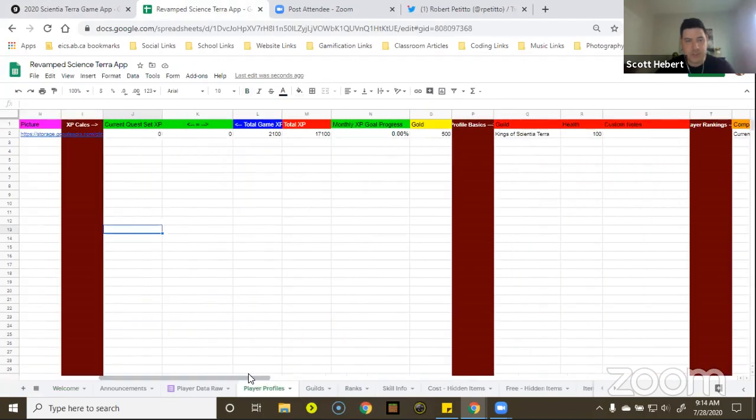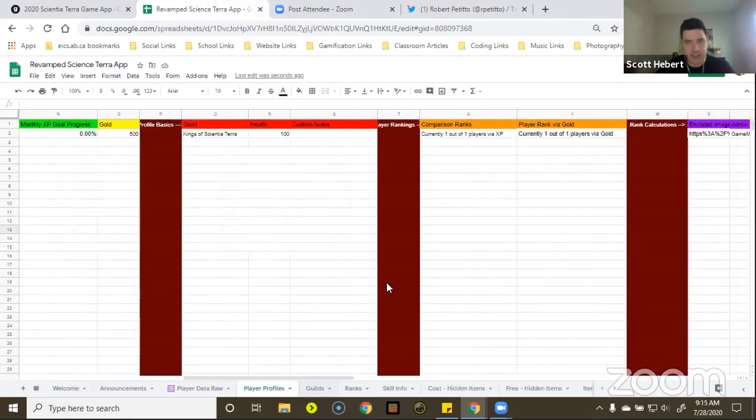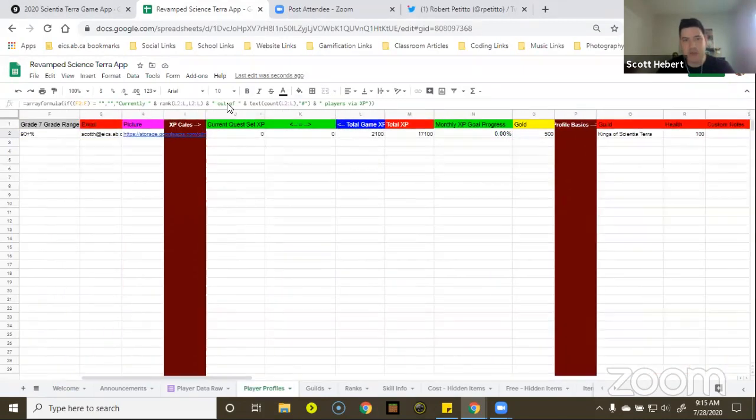formulas and stuff. So because I use XP and I have it on a ranking system, my XP has to be able to count every player and then look at how much XP they have, and then it orders it. And that's this formula here. So I needed to be able to track monthly XP. And that is where the issue arises from my game compared to different people's, is I have them do monthly XP, which goes into a pool here. And then I have total XP, which means this is what can be modified.